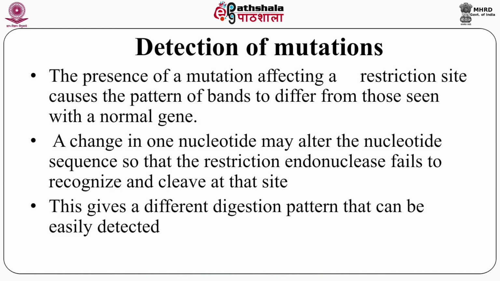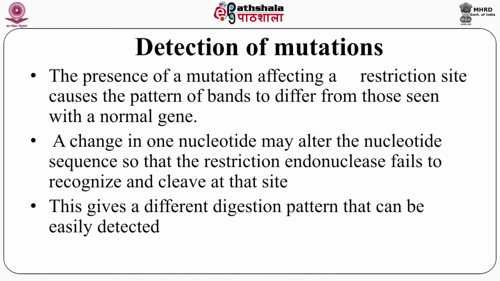As a result of this change in the DNA sequence, the restriction enzymes that used to recognize the particular DNA are not going to recognize it. So if a restriction enzyme that was working previously is not working now, the strong indication is that there is a mutation, and as a result the restriction site has been altered. Therefore the DNA fragments produced are of different sizes and lengths, and that gives the first indication that there is an alteration in the DNA sequence.